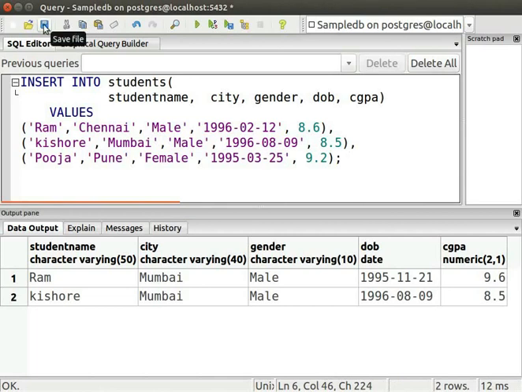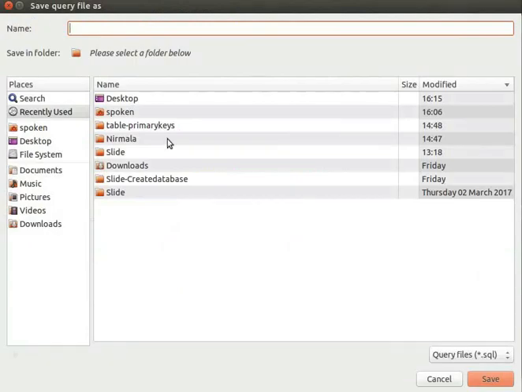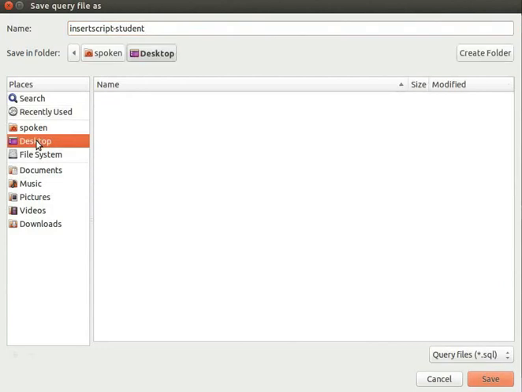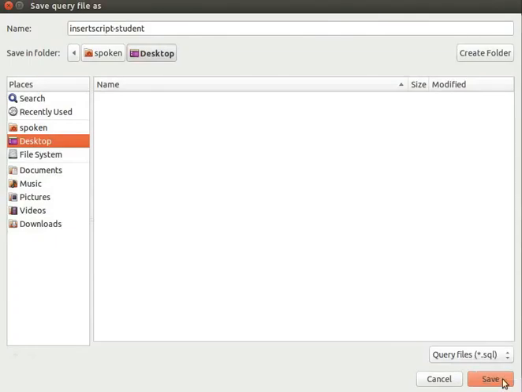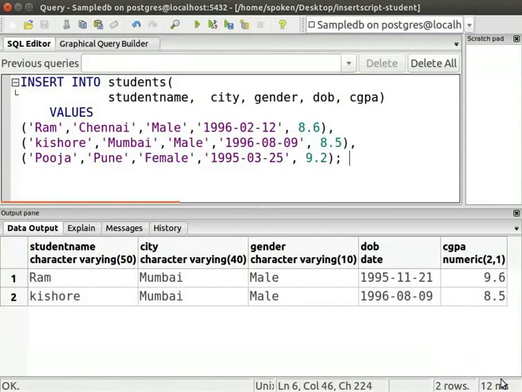To do so, click on the Save File icon on the toolbar. Enter the name of the file as Insert Script-Student. Select the folder where you want to save the file. I will select Desktop. By default, the file will always be saved with .sql extension. Click on the Save button.